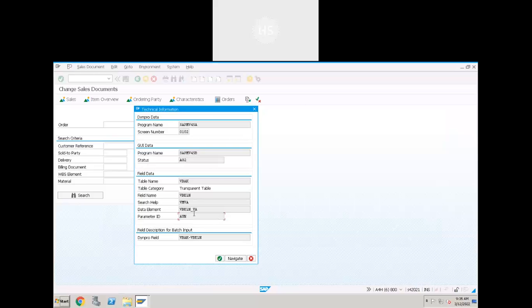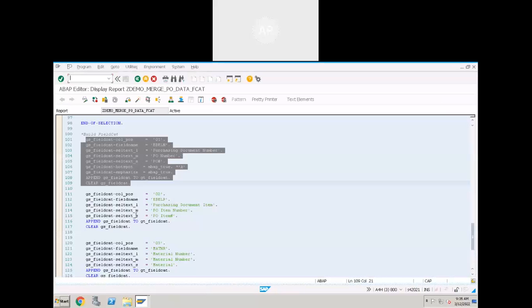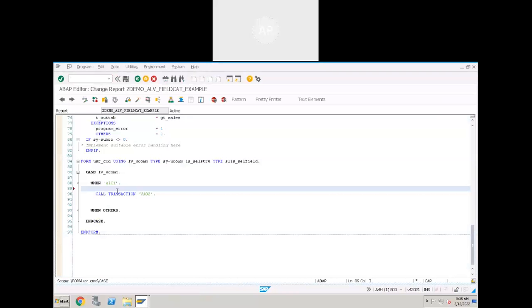Copy this parameter ID and observe the statement we are writing here. Use SET PARAMETER ID, the parameter ID name in single quotes, and provide the value. From where are we getting the value?